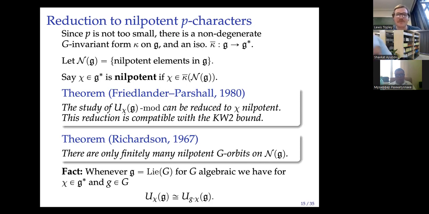The reduced enveloping algebras for chi and for G applied to chi by the coadjoint representation are isomorphic. And so this is saying that as we vary chi over a coadjoint orbit, we get isomorphic reduced enveloping algebras. There are only finitely many nilpotent orbits on the null cone of G star. And so we've taken the problem of studying simple modules for G, we've passed it to simple modules for UG,